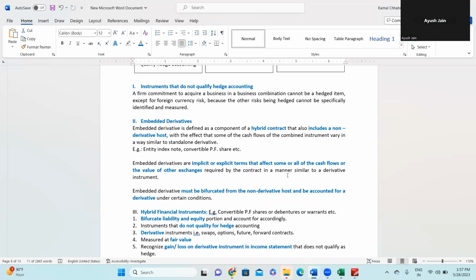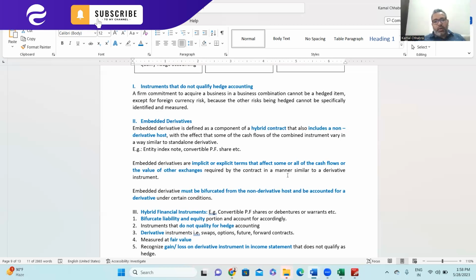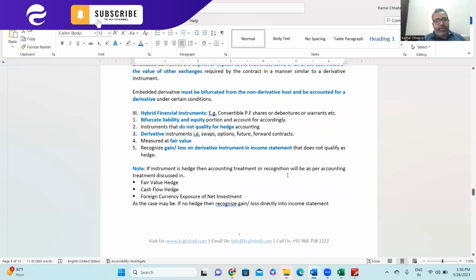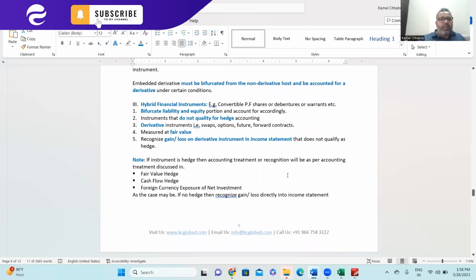Embedded derivatives are implicit and explicit terms that affect some or all of the cash flow or the value of other exchange required in a contract in a manner similar to a derivative instrument. An embedded derivative must be bifurcated. So you need to bifurcate how much is the loan amount in it and how much we are paying for